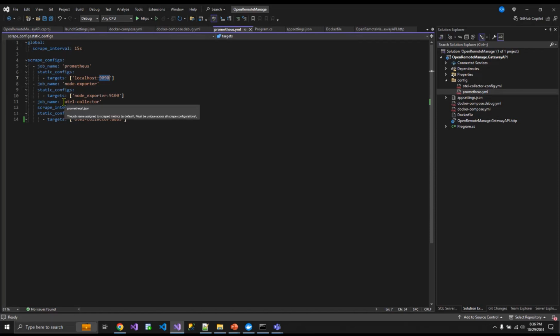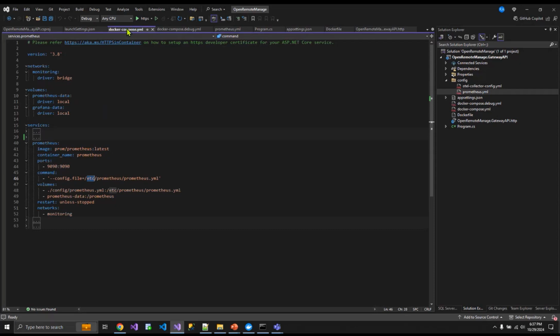And then finally, we have the OTel collector. So this is how Prometheus knows where the collector is. And we are overriding, so every 5 seconds it is going to collect the data. And the target, you can see 8889. So that refers to